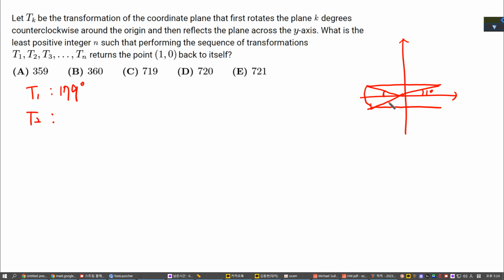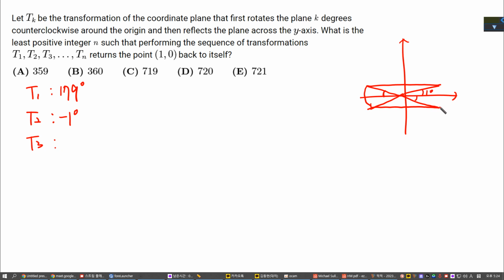So that means now the new degree is this one, but because the direction is clockwise, I'm going to use negative 1 degree. And T3,